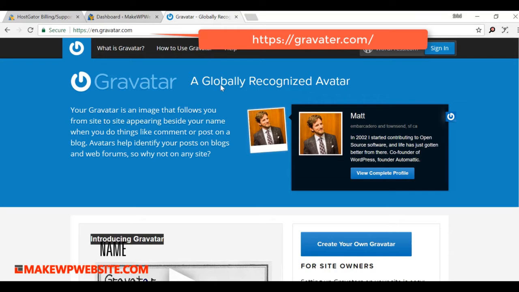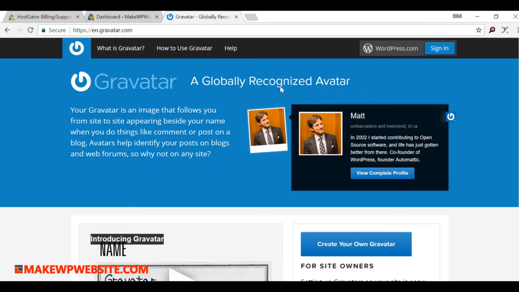Gravatar is nothing but a globally recognized avatar. Okay, so whenever someone wants to know your profile image, they can do a query to Gravatar and see what is the image available for your email ID. And most of the sites generally use this to get your profile image based on the email ID that you have.